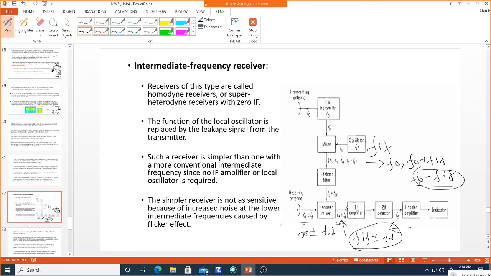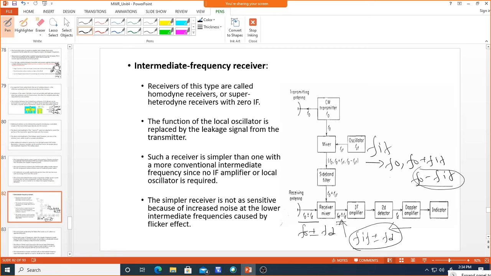The frequency of IF which is generated by the oscillator will be compared with this amplifier, and it is the same as that one. So then we call it 0 IF. There is no conversion from RF to IF. Directly here we use the oscillator which is used on the transmitter side. If you use the same oscillator here, then you can directly obtain 0 IF,